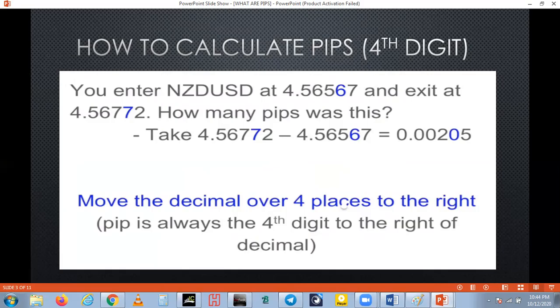Remember I said we measure our movement in pips in forex. Now some of you say, this is mathematics, and I don't like mathematics. Well, I do not like mathematics too. And this is just simple mathematics. All you have to do is subtract. This will be your calculator, but over time, you know how to do this just by seeing the numbers. So this is what you do. You take this minus this, and you get